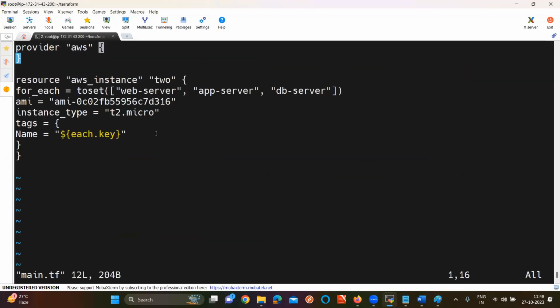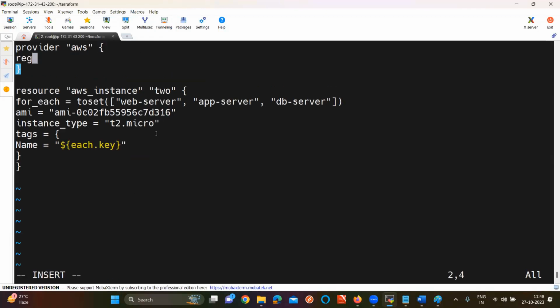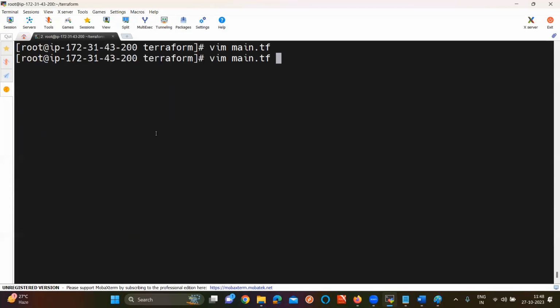Okay, let me define the region here. I'll give the region. Region is equal to ap-south-1. Now, how many servers are we going to create, sir? And 3 different servers.